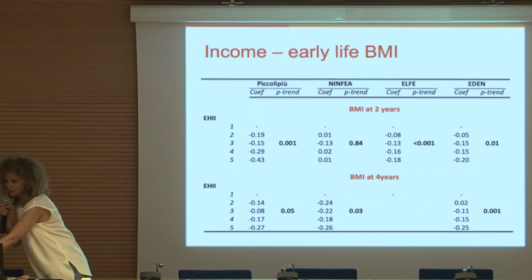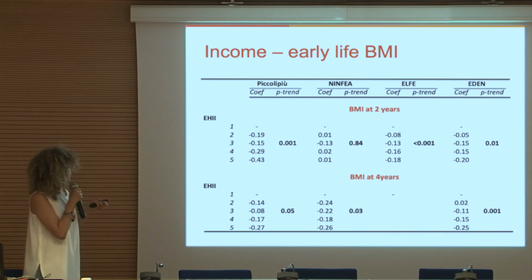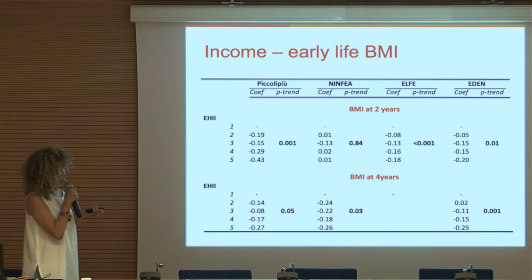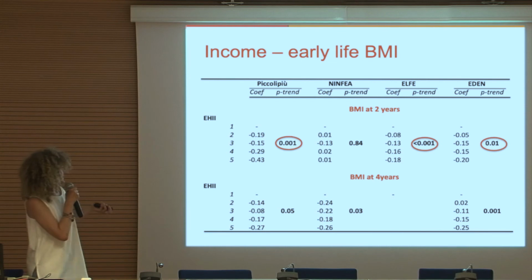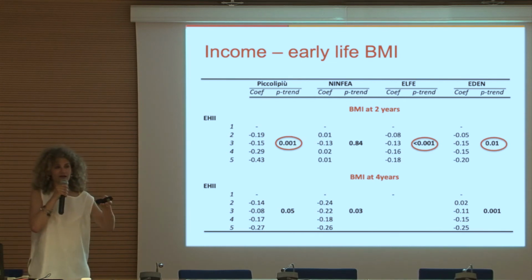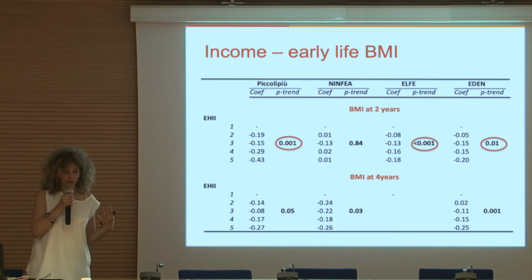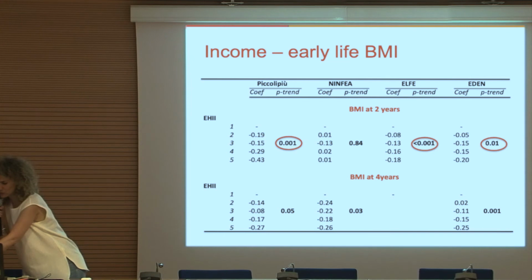And so in the bottom part, we have the results for the BMI at 2 years. Sorry, in the top part of the table, in the bottom part at 4 years. And here the income was divided in quintiles with the poorest as the reference. And what we observe is a trend in almost all the studies at 2 years, apart from NINFEA, with the higher the income, the lower the BMI. And these results were also observed in all